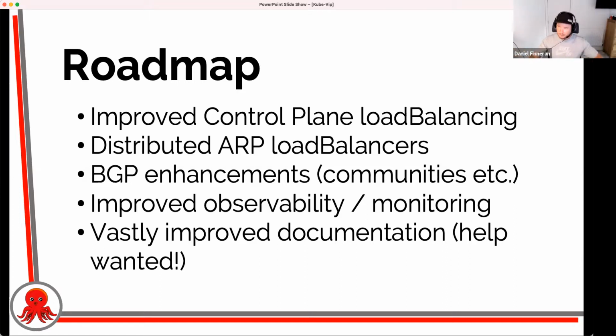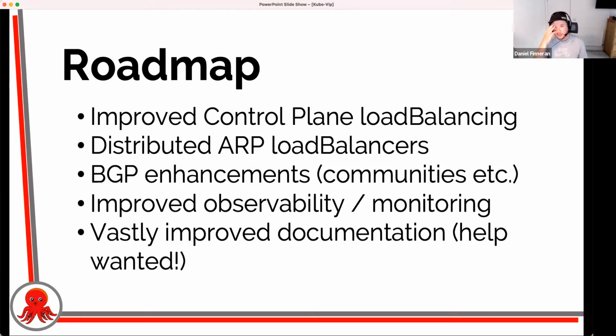So effectively, for every service that somebody does an expose for, there's a new leader election between all the Kube-Vip pods, and that will allow us to distribute services between different nodes that are all part of the Kube-Vip DaemonSet or static pods. So it's effectively one of the few ways that we can share the load when using ARP.